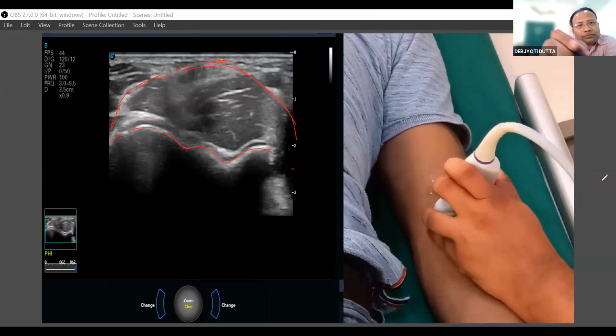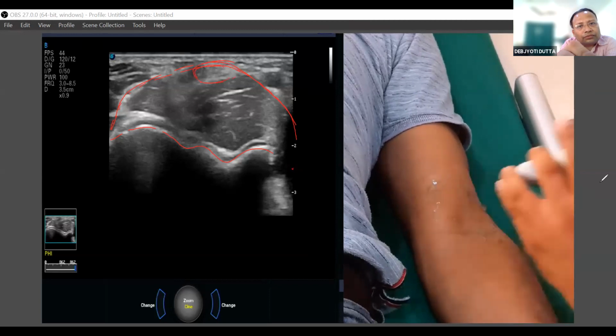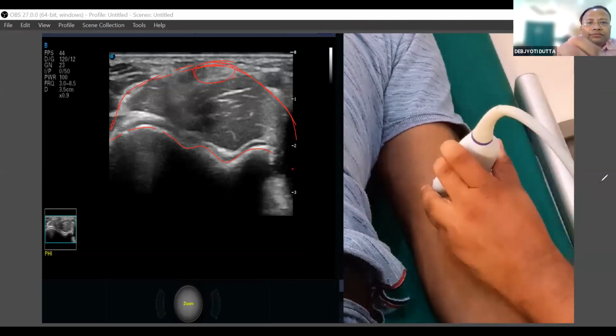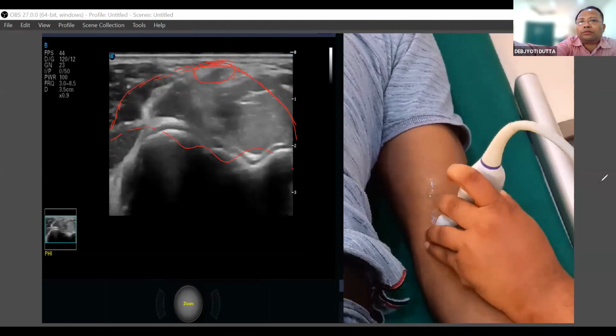So now we need to know the important structures. Here you can see the brachialis. Now from the brachialis,